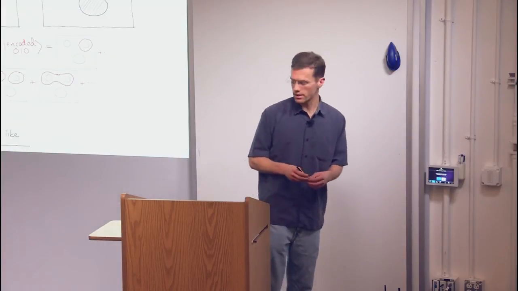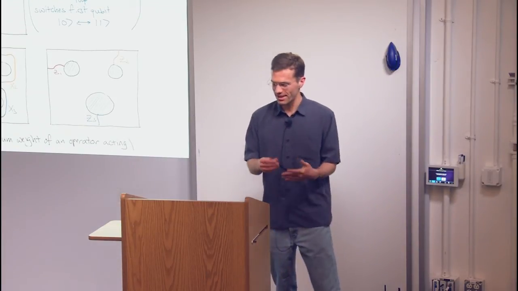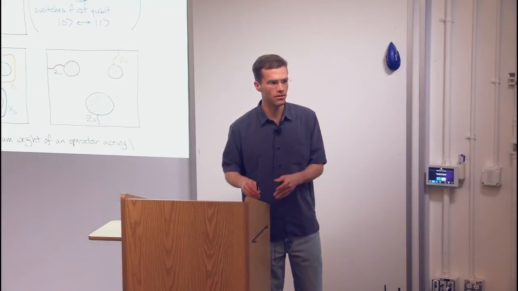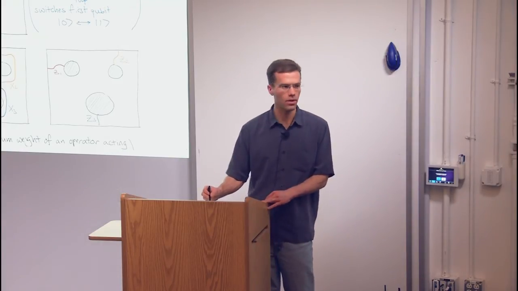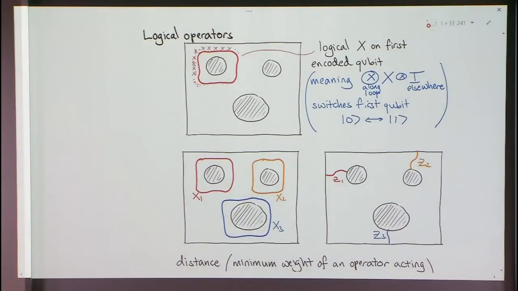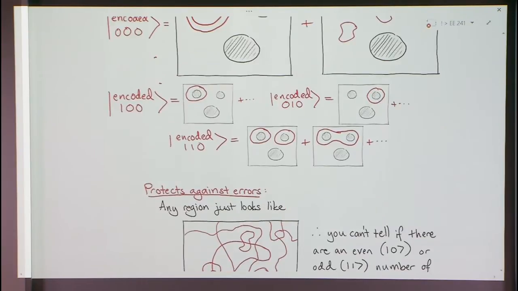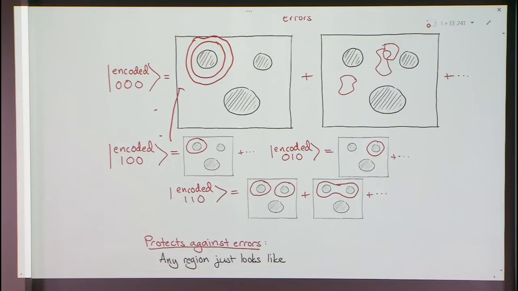Yeah, okay. Well, the reason they're the same, let's see if I have it here. It's like the next slide. Okay, so maybe let me just move on, you'll see. The reason they're the same is because we have these pretty simple logical operators. So if we want to, say, flip the first bit from 0 to 1, what I can do is just apply X's to all the qubits in any cycle around this first hole. That'll bring this superposition to this superposition, switching terms one to another. It'll take valid string net diagrams to valid string net diagrams.